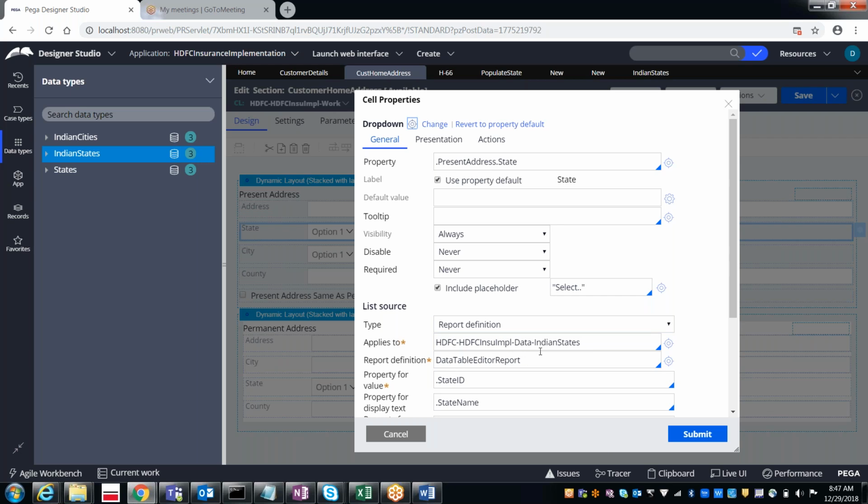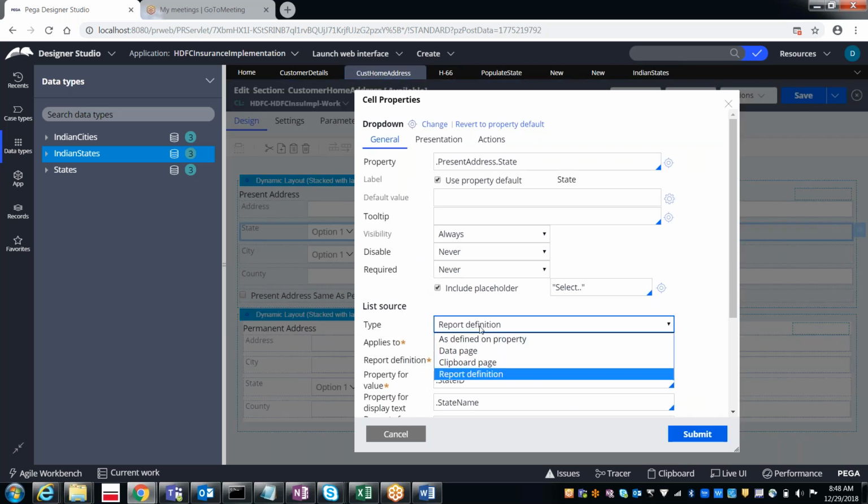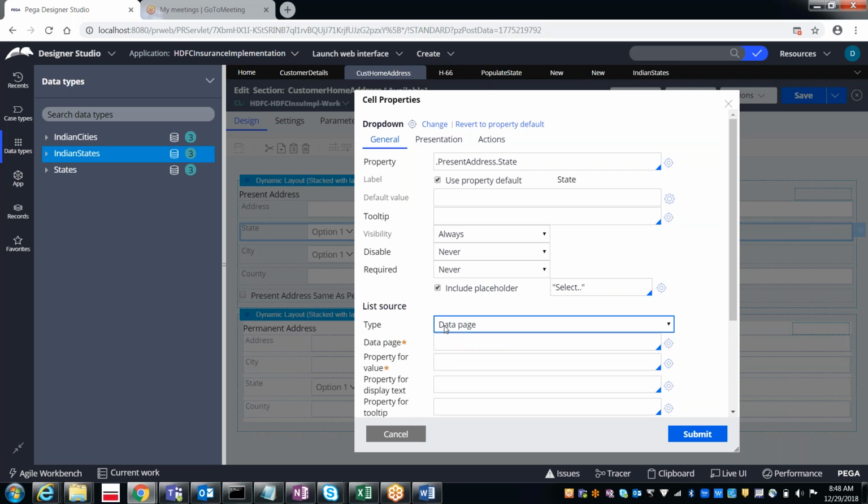From this Indian states data type we have populated the drop down values. As I said yesterday, instead of the report definition, I thought of using the data page. The data page is also for retrieving from Indian states only.